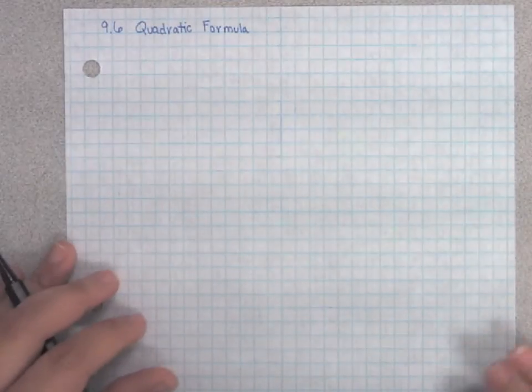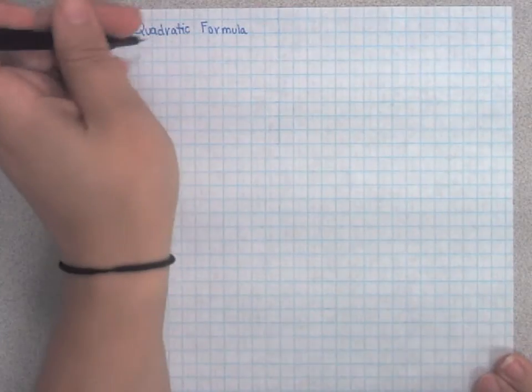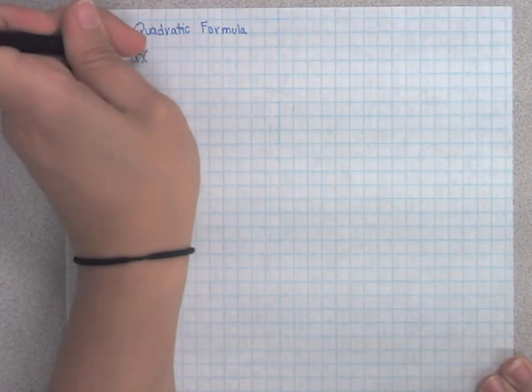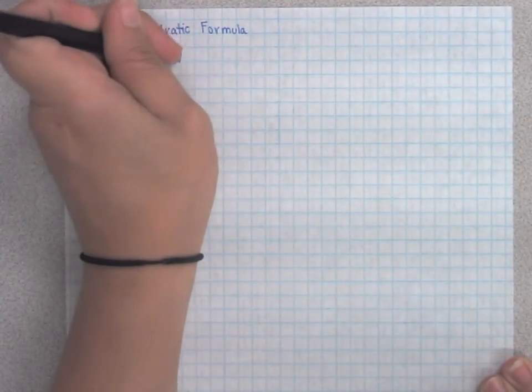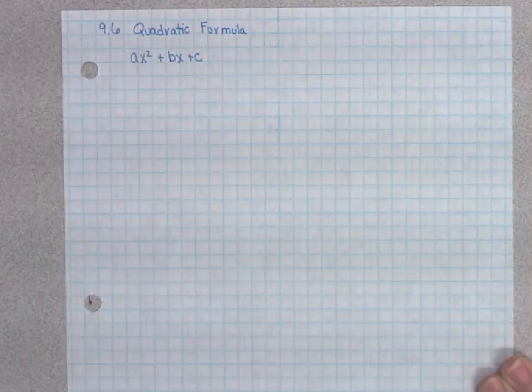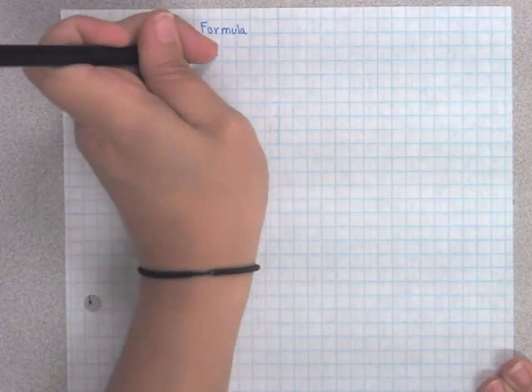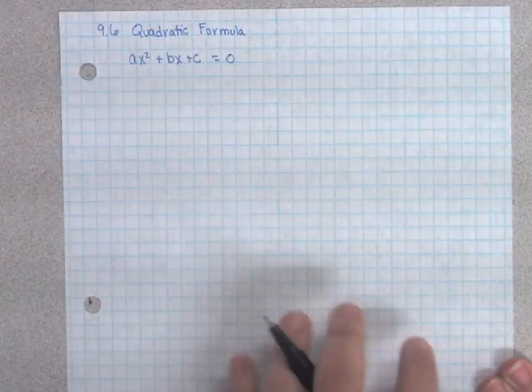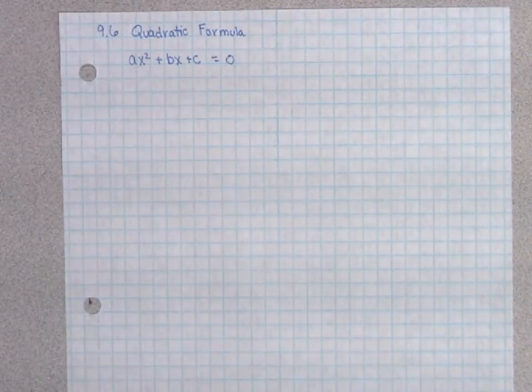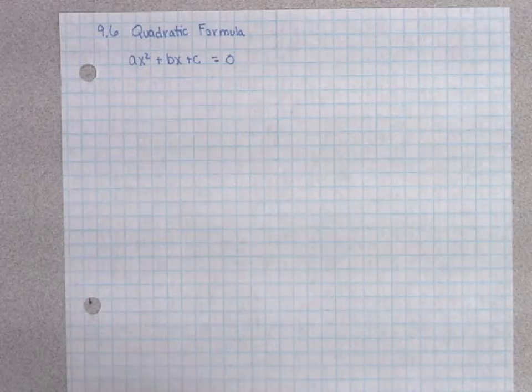So as a reminder, a quadratic equation is ax squared plus bx plus c, right? And last time we learned that it has to equal 0. If it's not equal to 0, we have to set it equal to 0. We already know that. Now, the quadratic formula, I'm going to give it to you first, and then I'll teach you